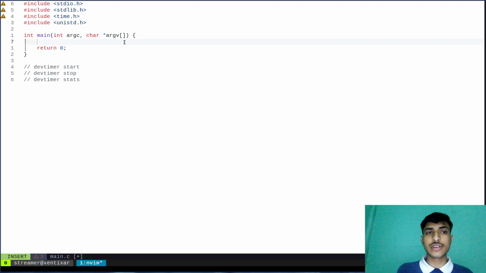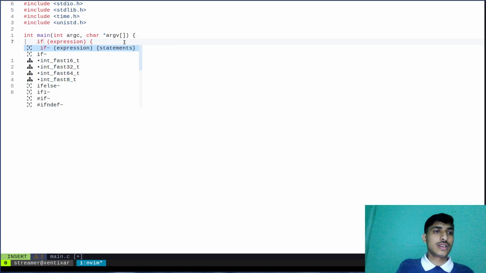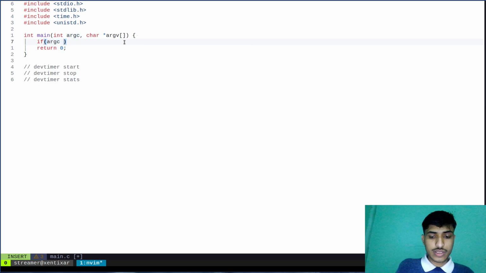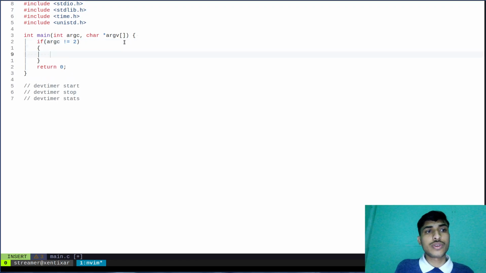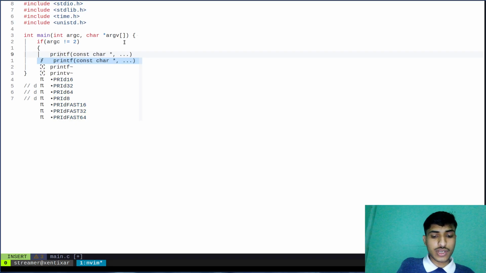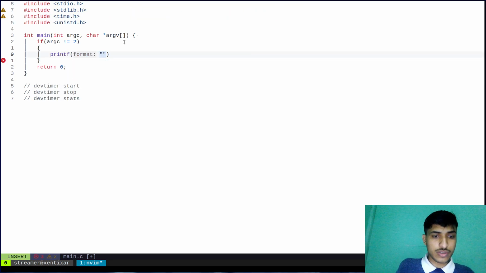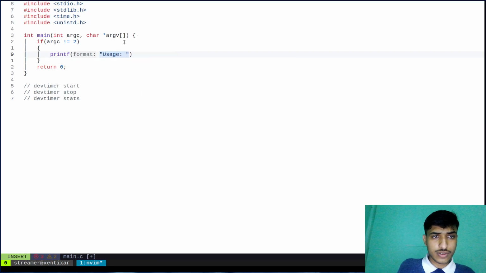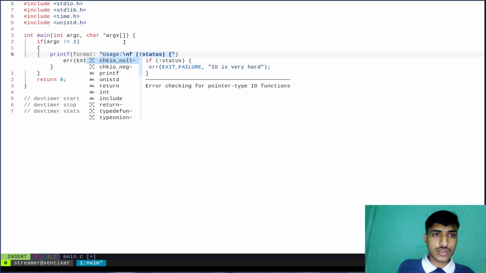So if it's not 2, we will print the usage of the CLI tool. So what we can have is, if argument count is not equal to 2, so we can print something like usage. So usage will be something like: